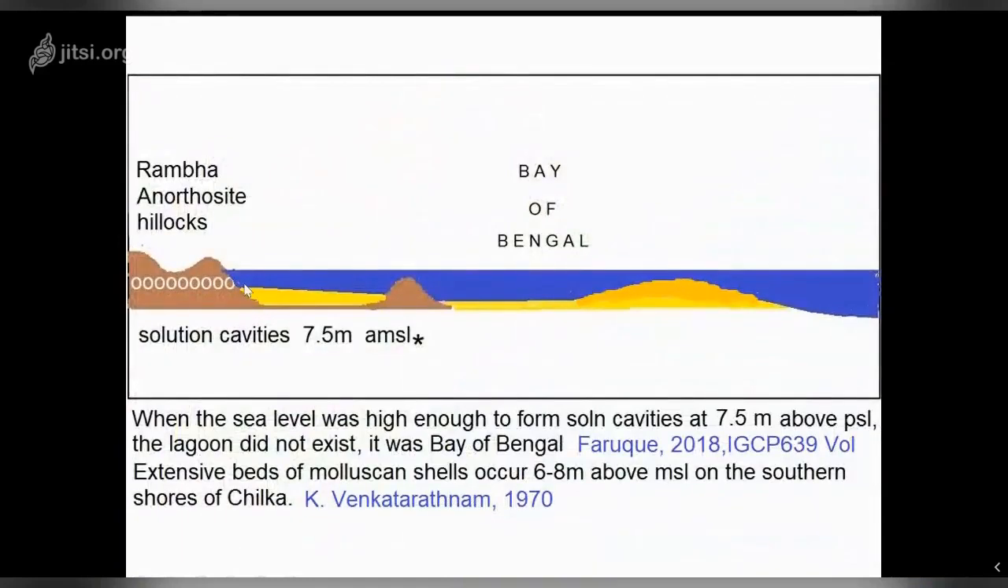During the high sea level stand, solution cavities are seen at 7.5 meters, even 8 meters. This is not making a uniform groove as we see in the notches. Particularly, it is seen in Tugidam. The sea level rise here,